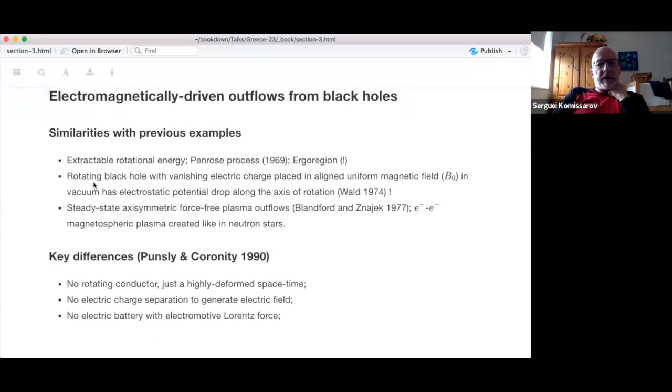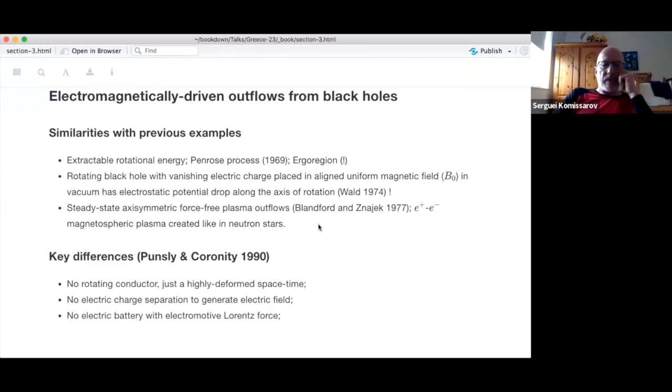Also, if a rotating black hole is placed in a uniform magnetic field, then there is an electrostatic potential drop along the axis of rotation. It was found by Wald in 1974, also quite a long time ago. And this result stimulated Blandford-Znajek to look for steady-state axisymmetric force-free plasma outflows from the black hole, and they